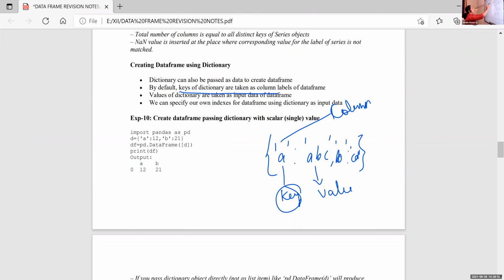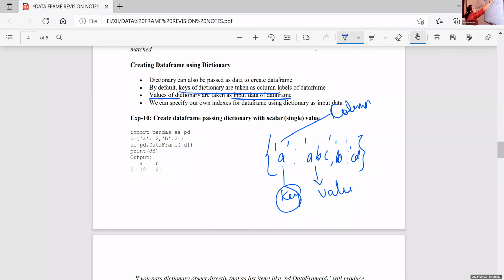So keys of the dictionary are taken as column labels of the data frame. Then the values of the dictionary are taken as the input data of the data frame. And we can specify our own indexes for a data frame using a dictionary as input data. We will explain this with one example.